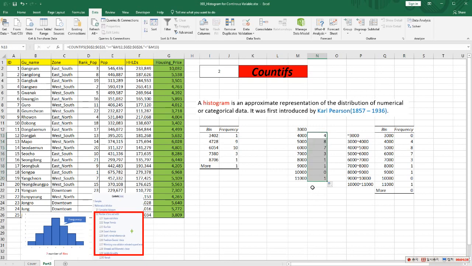So as you can see, if we use the COUNTIFS function, we can use this bin range. So this is the number of frequencies from this continuous variable. This is the second way to get frequency data to draw a histogram. All right, number 3,